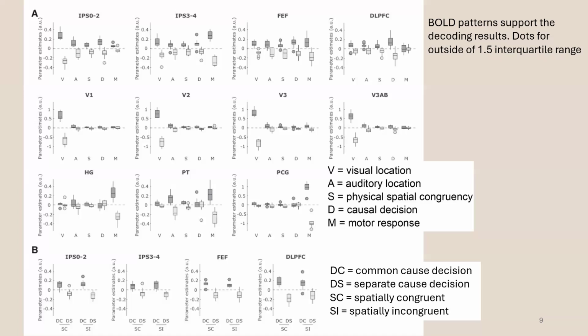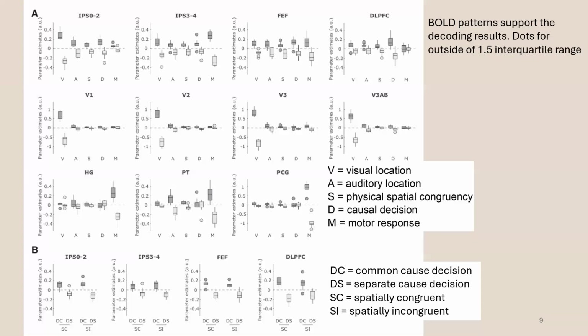So if they didn't randomize which motor response corresponded to common and separate, then we would see D and M as the same box plots exactly. Wouldn't be useful. And what else? So if we look at,